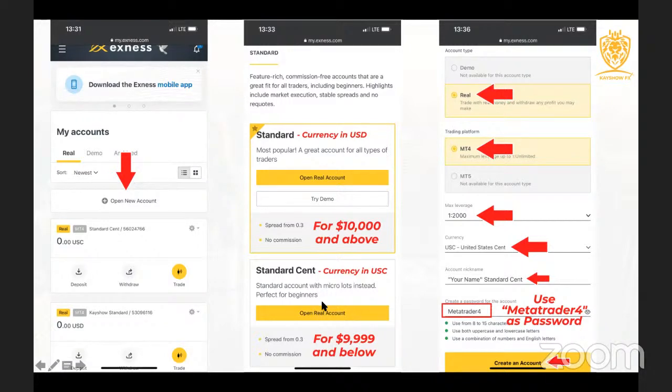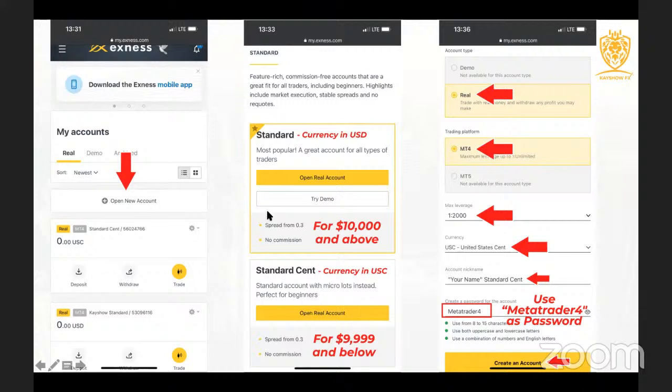And then the robot will think it's trading $10,000. But meanwhile, you and I know that it's trading 10,000 cents. All right. So whatever money you are making here is in cents, and everything will be converted to dollars by the time you're ready to withdraw your money. All right. So that is how you choose which account you open here. If your capital is $10,000 and above, you open this account. If your capital is $10,000 and below, you open this account.